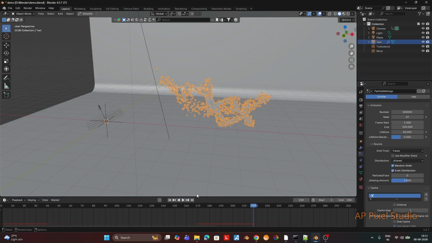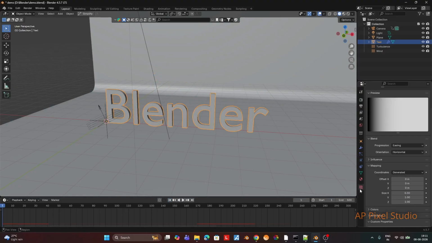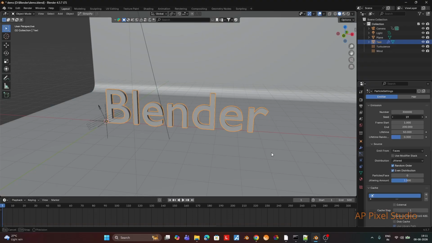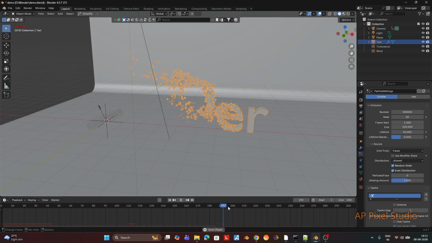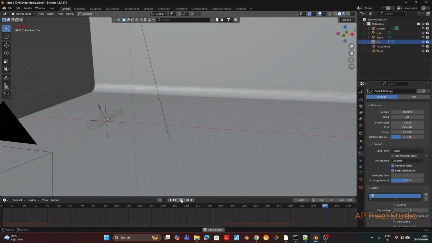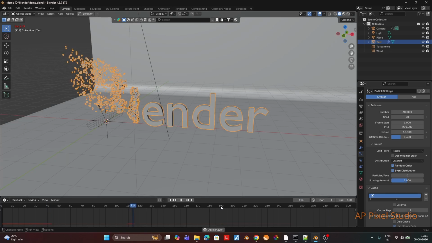Just when D started, E and R also started going. So again we will go to the texture properties and reduce it further. We'll try 0.2 and change the seed, and if we play it, after we change, the start of the animation is delayed, and if we see now D, E and R, it's almost going one by one, not at once. ER is still a little bit together, but yeah, that is good enough. So this looks good, and it's going one by one.